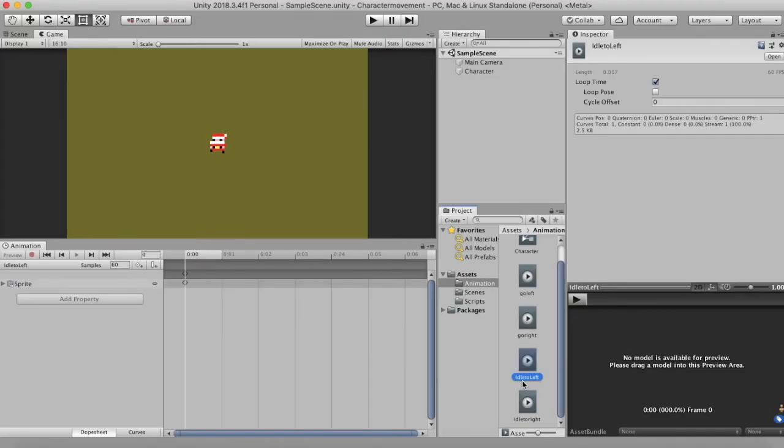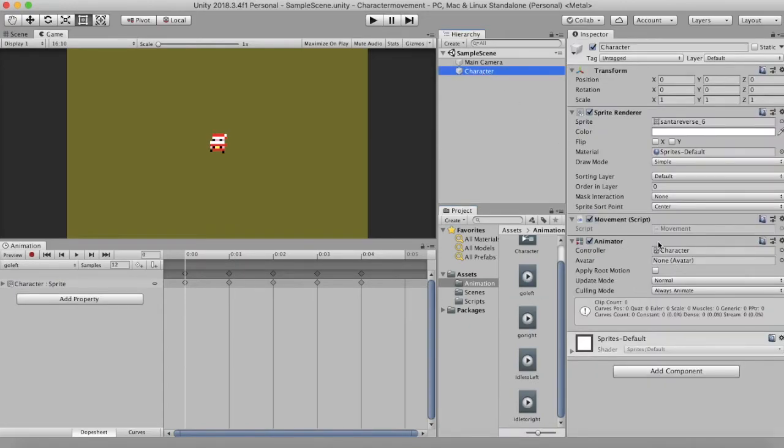Now we need to tell Unity which animation to play and when. This is decided by an animator controller. Now when we created the first animation, that was go left, at that time itself an animator controller got attached to our character game object. So the animator decides which animation should play and when. This animator decides the states in which the character will be in. It will change states based on the inputs that we give.